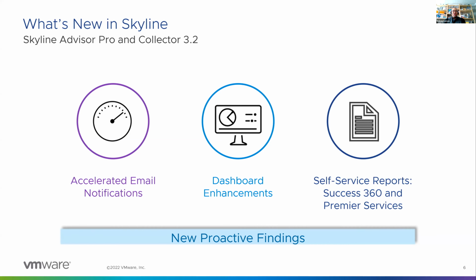And then there's also the self-service report for VMware Success 360 and Premier Services customers. If you are a VMware Success 360 or a Premier Services customer, you now have access to self-service proactive insights reports. These insight reports are now available to all of our Success 360 users. And also, like I said, this feature has been extended to our Premier Services customers, who can now generate and even access self-service insight reports. And with this new feature,